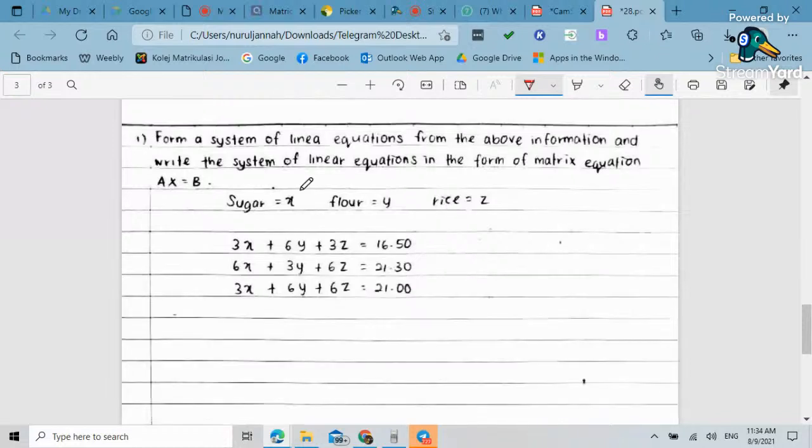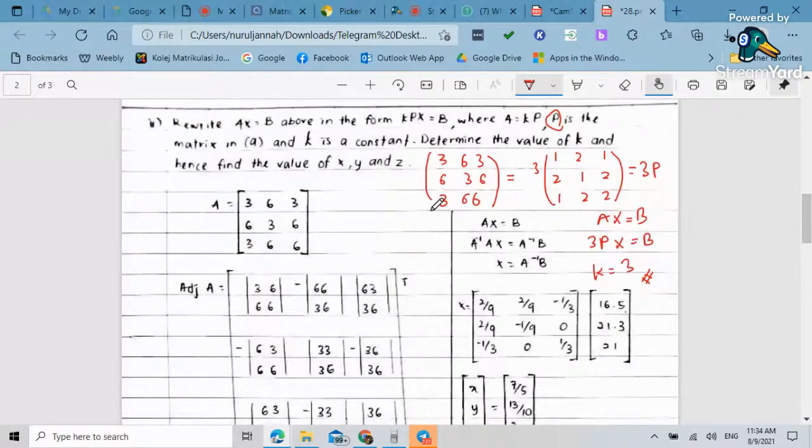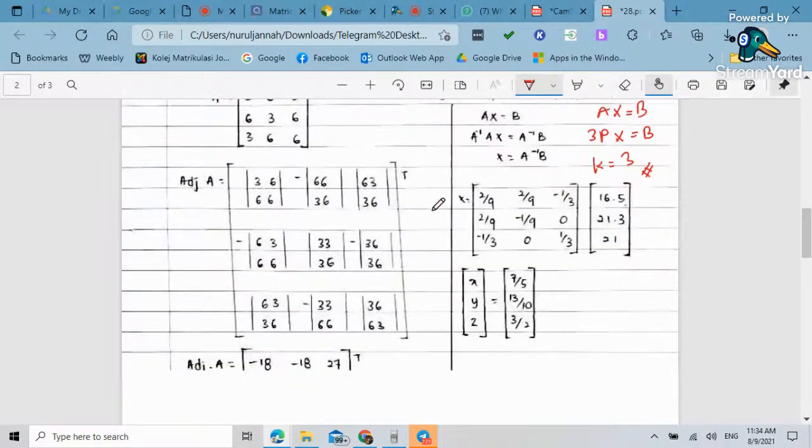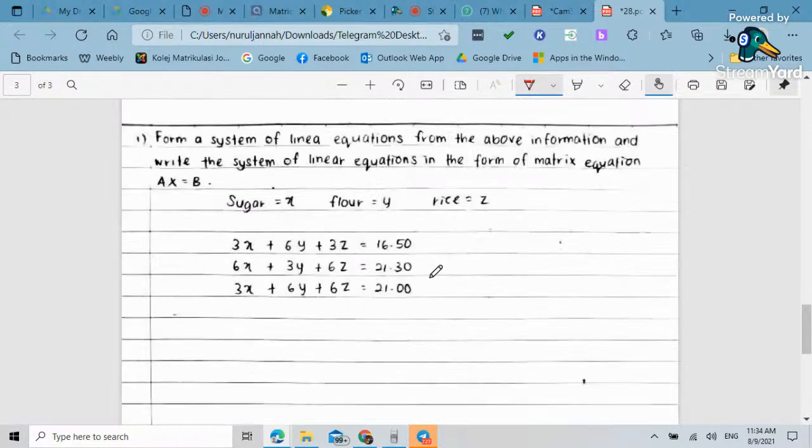The question asks for K only, right? Determine the value of K, find X, Y, Z. So when you try to find X, Y, Z,